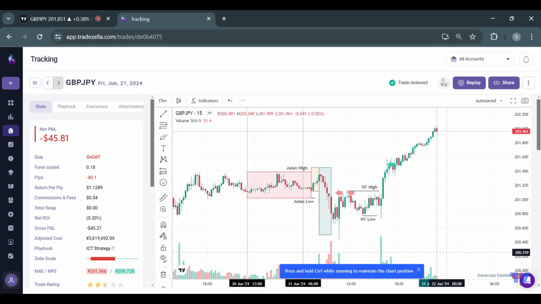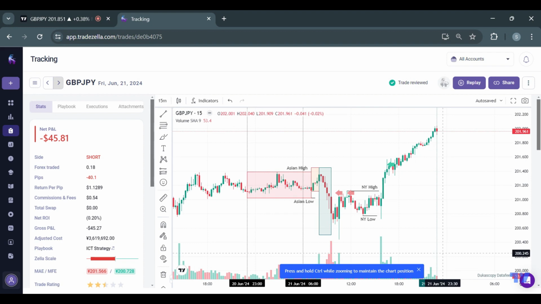And while ICT calls it the price delivery model, for me, it makes more sense to coin it the volume delivery model, because while price obviously ranges during the day, and I understand that price changes, and we execute based on price, volume almost determines price. And so for me, logically it just makes sense to refer to it as the volume delivery model, because it